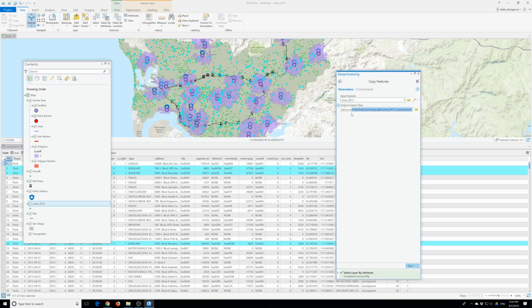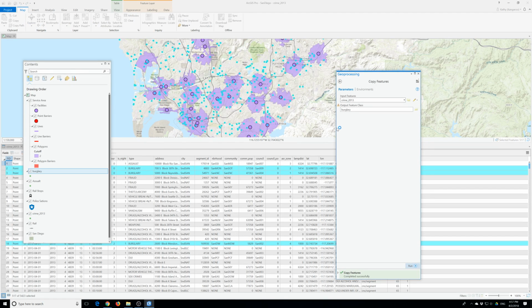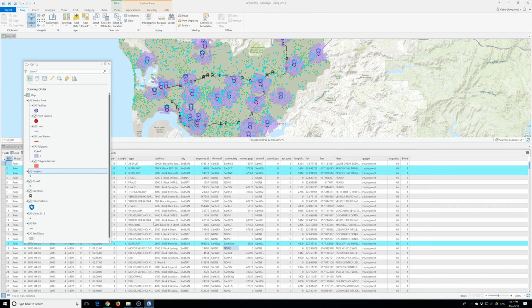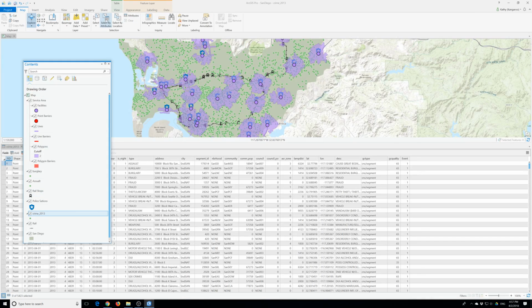Okay, burglary. Alright, and then click run. So once we have the burglary, I will close it out. So we have the burglary right here, and then I'm going to click here again and clear, and then open